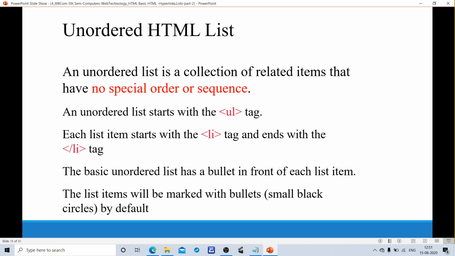For example, I have taken apple, grapes, banana. These three fruits have a bullet in front of each and every item. Before apple, a bullet appears. Similarly, before grapes a bullet appears. Before banana, a bullet appears. These list items will be marked with bullets, small black circles by default, if you don't specify any